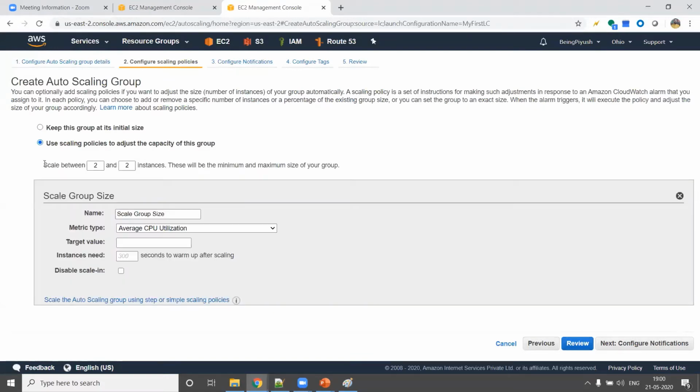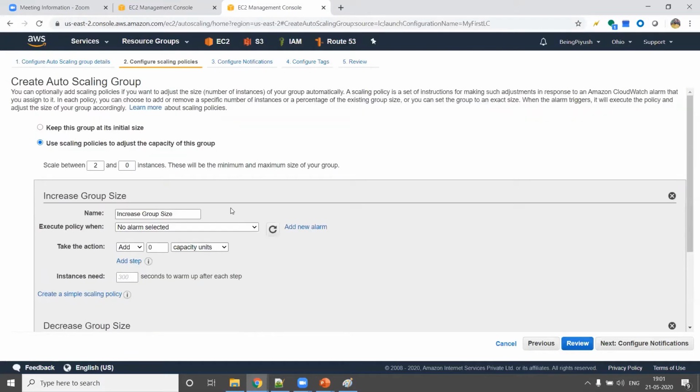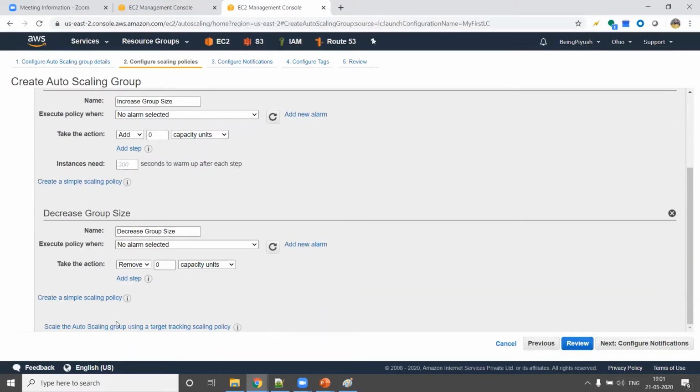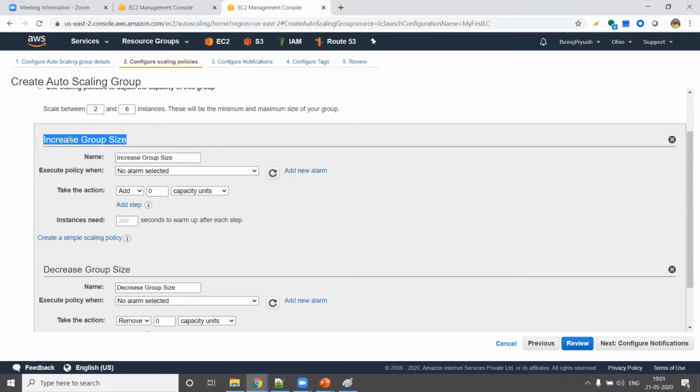Now you know that I have started with 2 EC2 machines, and here it is asking what is the maximum EC2 instances it can go. Now here you have to add when to add. You know that sometimes you have to add EC2 machines, and sometimes you have to scale down EC2 machines. So based on what parameters will it add? So here are the parameters. I have just clicked on the scale auto scaling group, and here it comes, increase group size. I am giving the condition for when to add it.